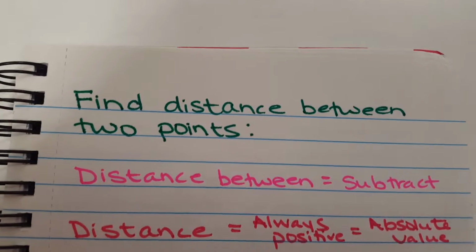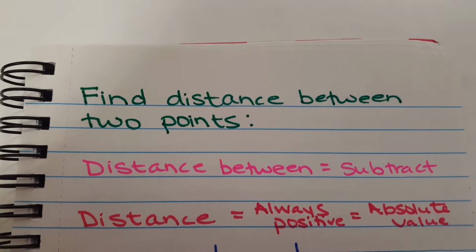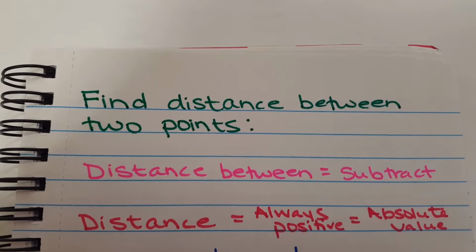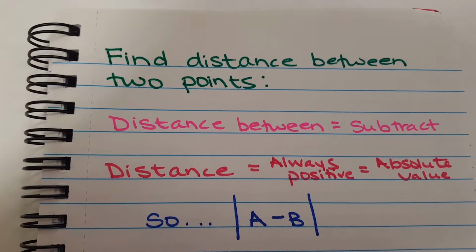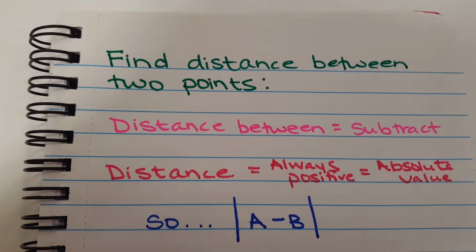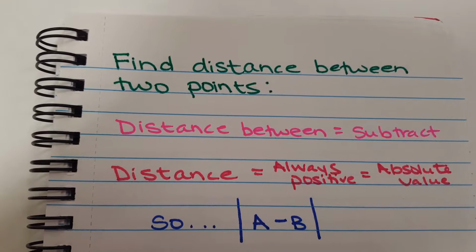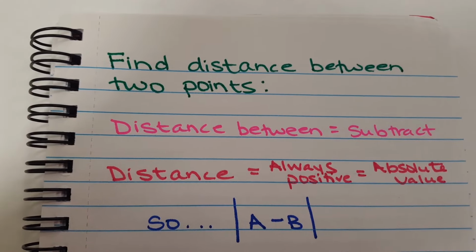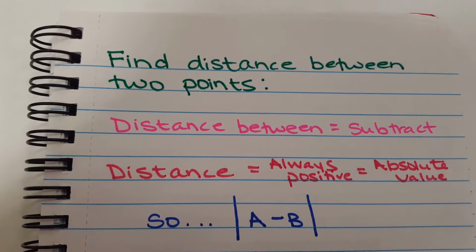Another thing, distance is always positive. So when asking for distance between, we're not only going to be dealing with subtraction, but we're also going to be dealing with absolute value. So here's what the problem looks like. You're going to take point A and B and subtract them. 100% honest, the order does not matter here because we're going to take the absolute value at the end. So A minus B, there's distance between,